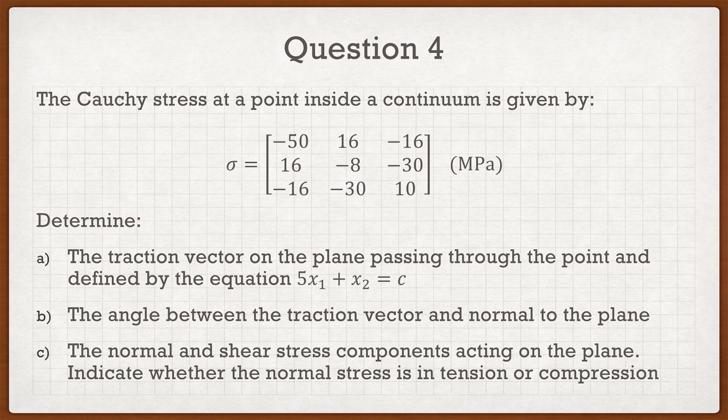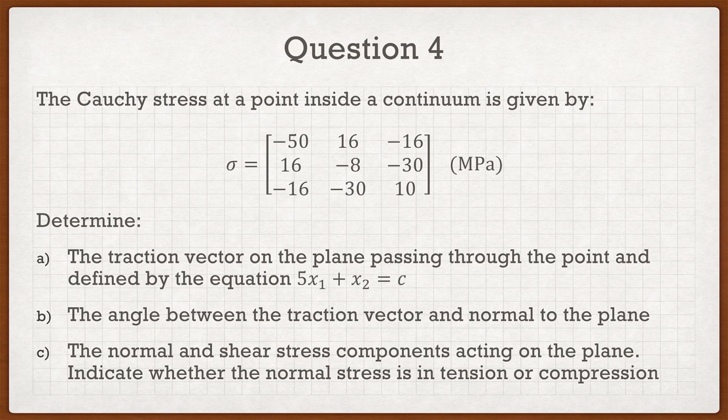It wants us to find the angle between the traction vector and the normal to the plane, and the normal and shear stress components acting on the plane, as well as indicating whether the normal stress is in tension or in compression. As you will see, the only things we really need to solve these are two things: the stress tensor, which we're given, and the normal